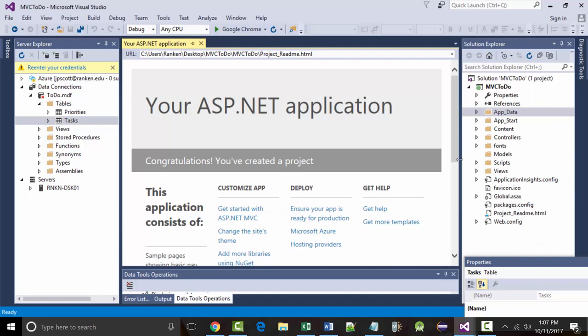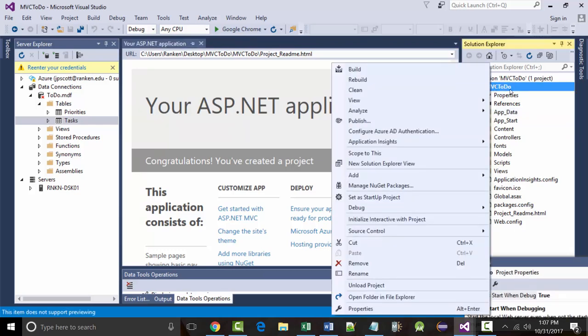Now, right now, we're almost ready to scaffold, but not quite. All right. We've got to provide a little bit more information to the system. Okay. And basically, the information that we have to provide is we have to let the system know that what we're about to do is we basically want to set up some entity framework stuff. All right. So if you would please right mouse click on the name of your project, not your solution, but the name of your project. Mine is MVC to do. And choose add